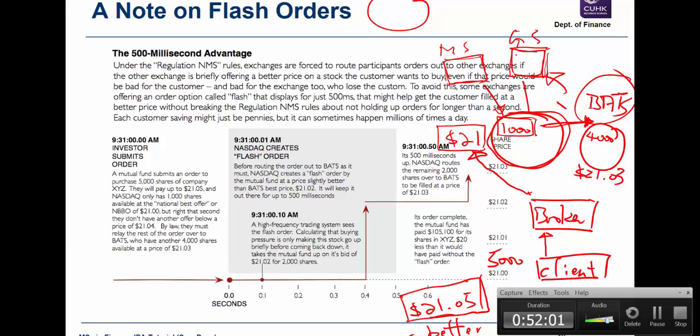Now, if you look up on the internet information about flash orders, you see there's a bit of controversy because, well, first of all, what is the good point? The good point is quite often you manage to get the client what they want to do at a cheaper price, at a good price, within the original exchange. That's the good part. Now, what's the bad part? The bad part is